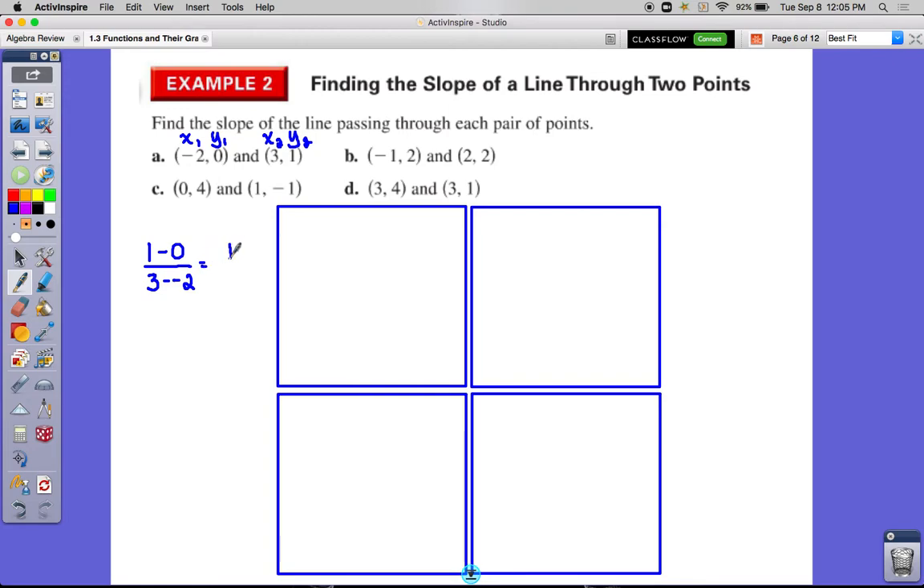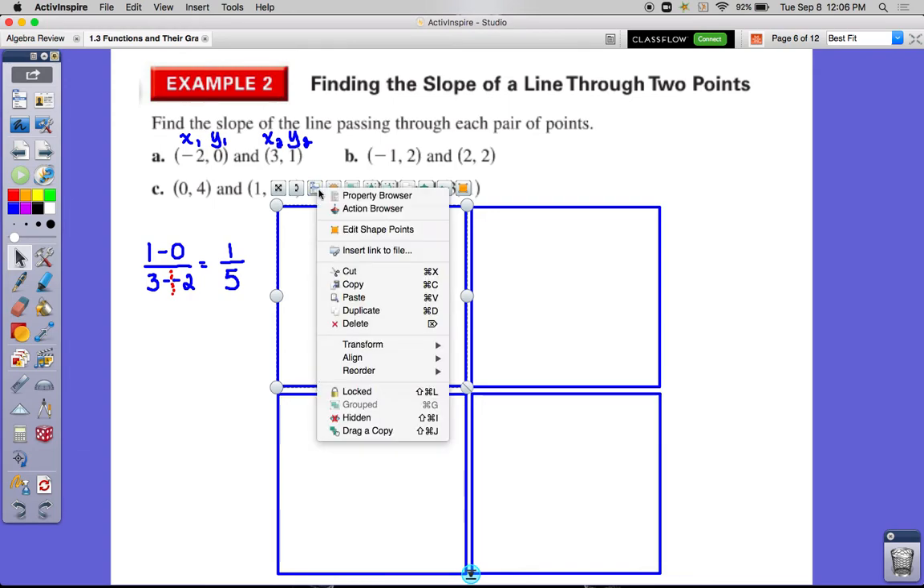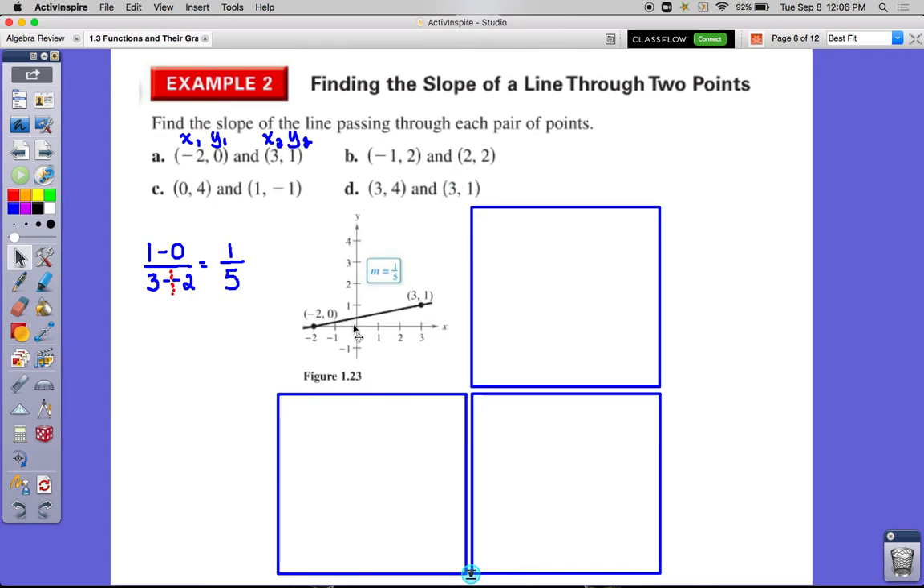So 1 minus 0 is 1. 3 minus a -2. We might have learned to turn that into a plus. It's really 3 plus 2. Minus a negative is addition, so 3 plus 2 is 5. So the slope of part A is 1/5. What does that look like? Something like that. You can plot it and then do rise over run yourself,